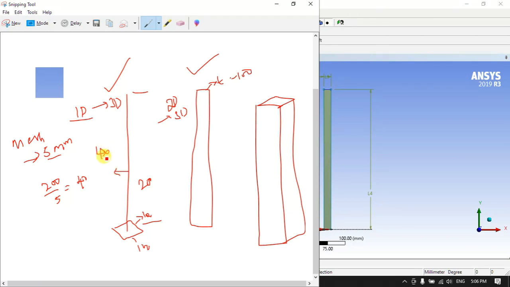Yes, sir. But what about this one? In the second one, 2D, we have the y direction and another direction, so two directions are there. We have to divide this 200 by 5, and again divide this 10 by 5 also. So that means 40 height-wise and 2 width-wise becomes total